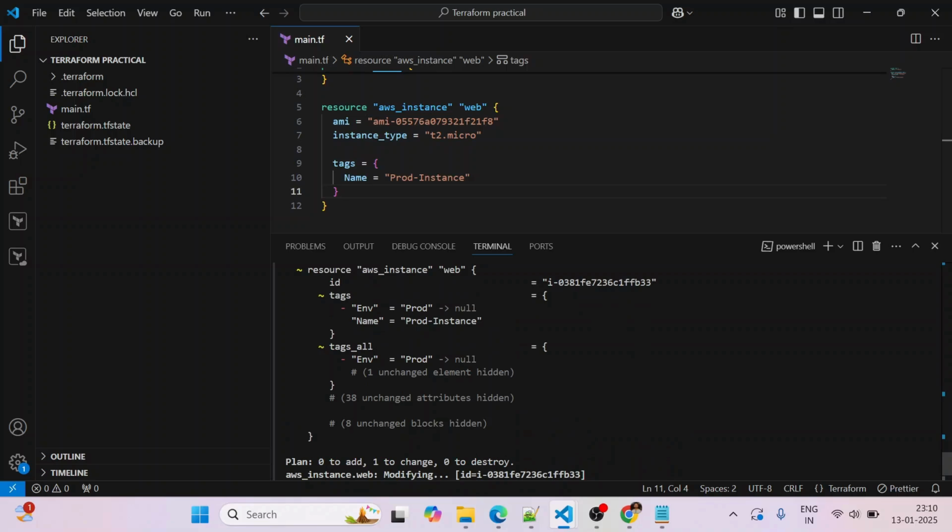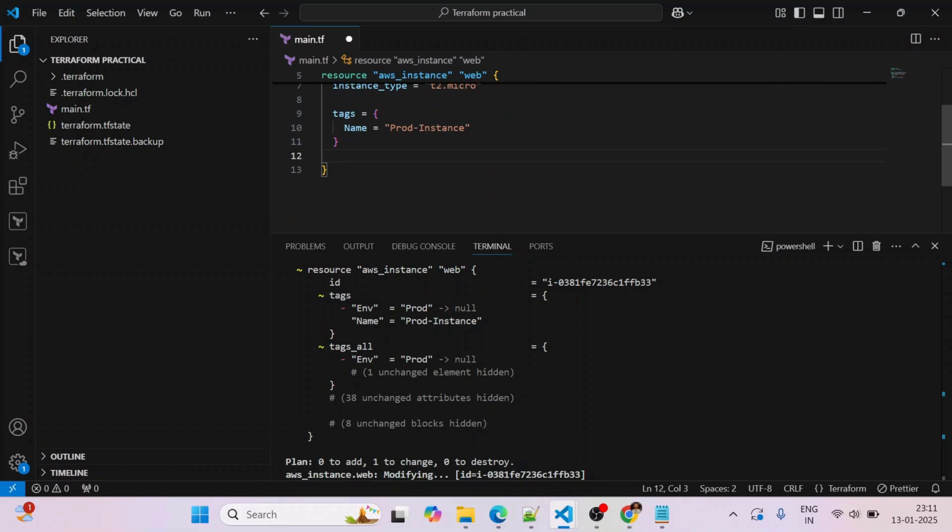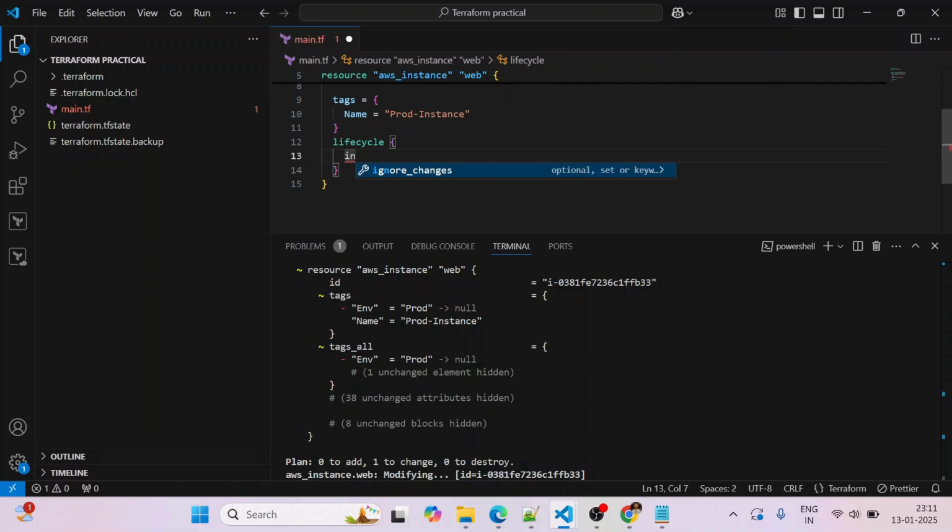To change this default behavior and ignore whatever we have added manually, we can use the ignore_changes lifecycle meta argument. So let's add lifecycle and ignore_changes here, and I want to ignore tags.